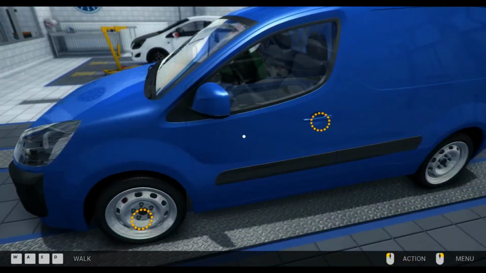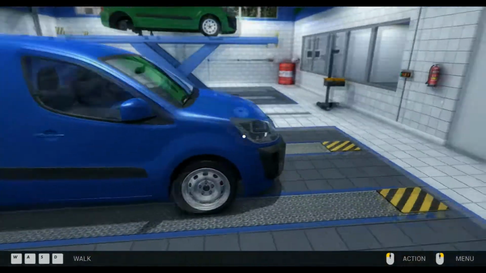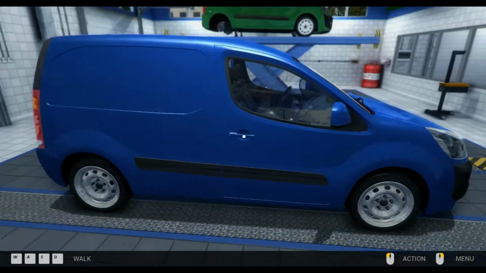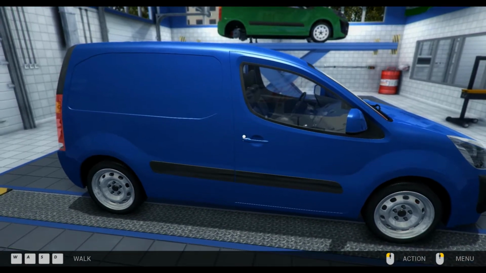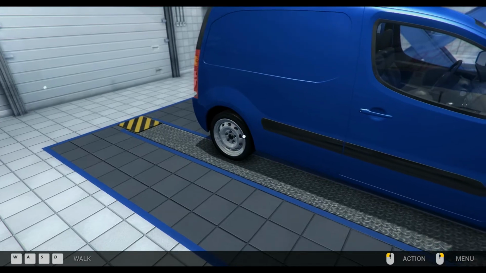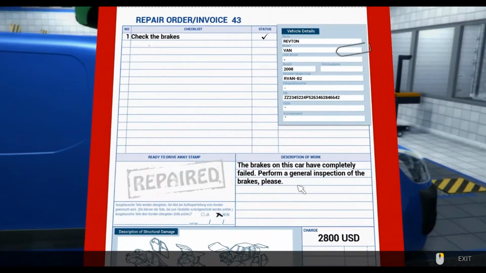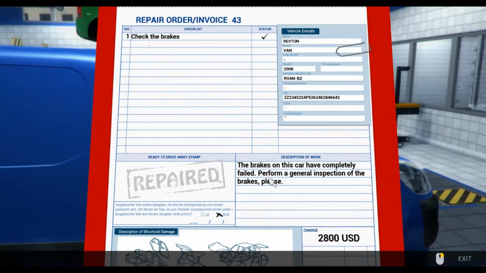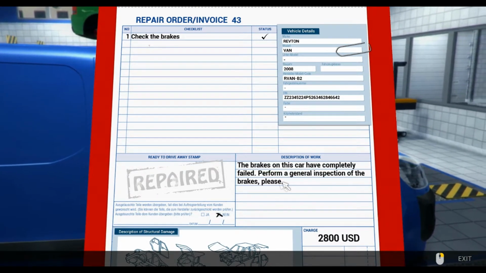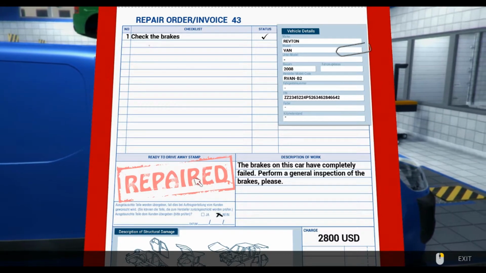This is the same car that stuck me last time, and I got some good advice from one of the viewers, and I did what he suggested. He suggested replacing all the calipers. Even though they're in yellow, it says the brake system. The task says to perform a general inspection of the brakes, please. So I did that, and now it's letting me do this, which